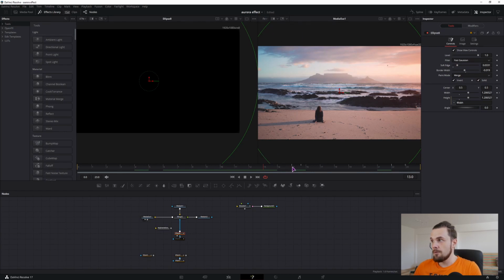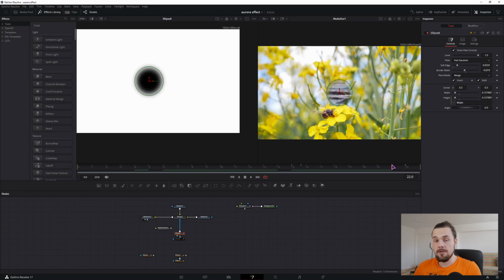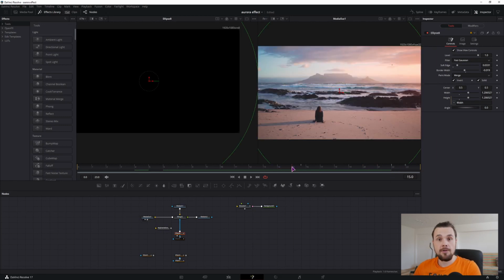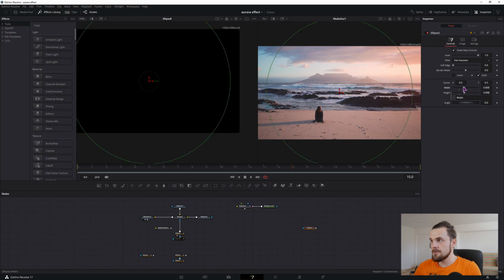So what I did is I went to this frame 15, I keyframed it, and I keyframed the second last frame, not the last one. Went to frame 15 because this is when my animation starts. I keyframed the width and the height, well, just one, because you can type in ellipse equals, connect the height to the width, and you can now adjust the width, and the height also changes.